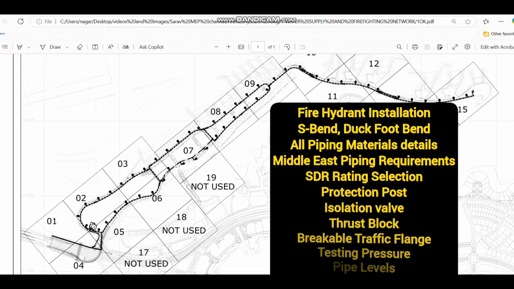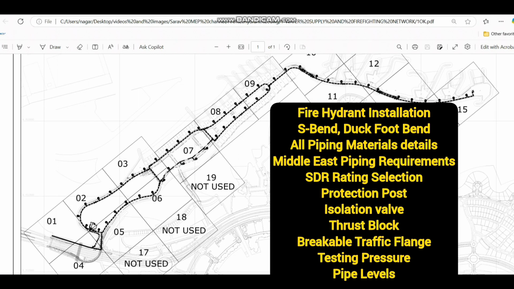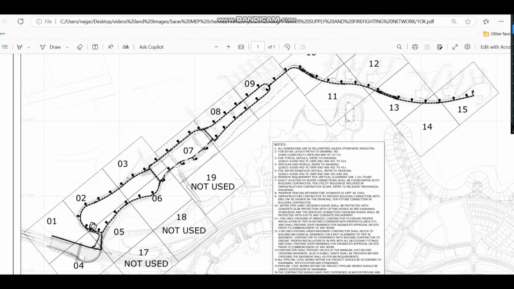Hello friends, welcome back. In today's video, we are going to see complete fire hydrant installation details using a practical project from the Middle East. In this layout, you can see the fire hydrant pipeline in a 3.2 kilometer very long infrastructure project from